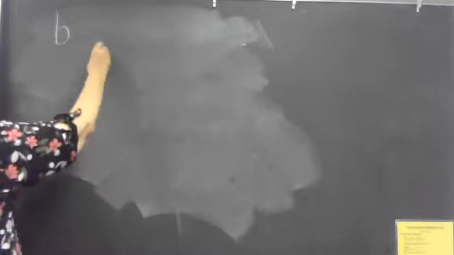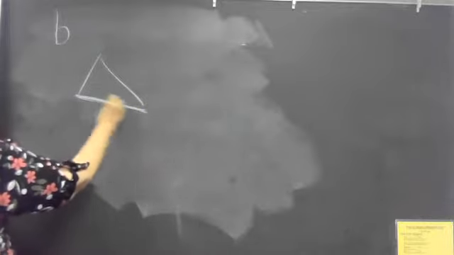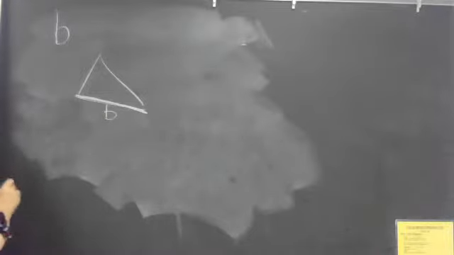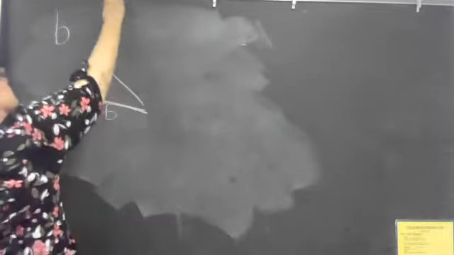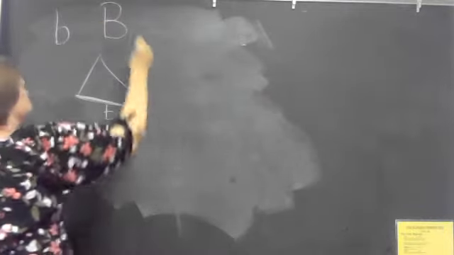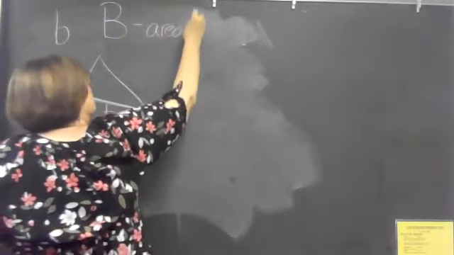Okay. That was just the base, like here's the triangle. This was the base, one dimensional, okay? It's just the base. But now we have a capital B, which means different, okay? The capital B means we have to find the area of the base,